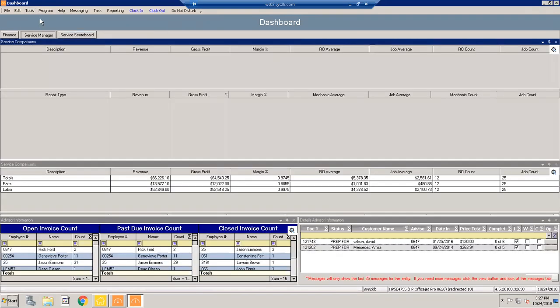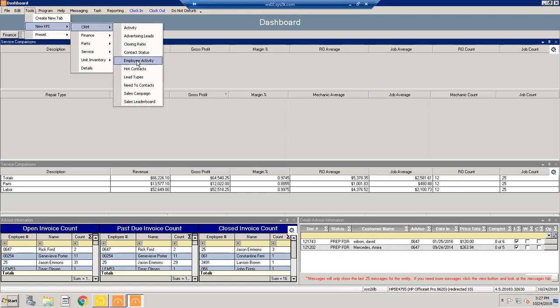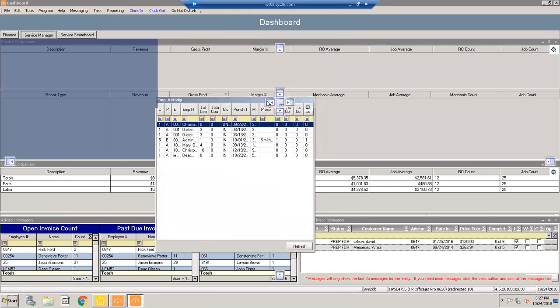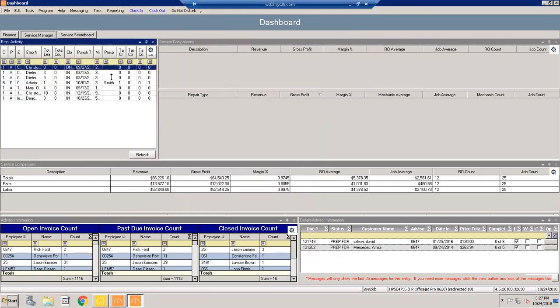And I'll actually just snap this to my service tab. It's called the Employee Activity KPI. And I'll just snap it over to the left here. So in this one,